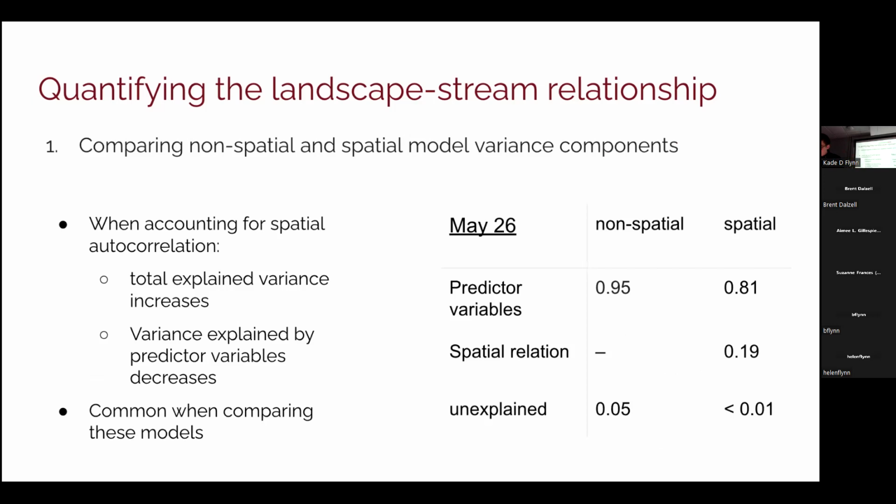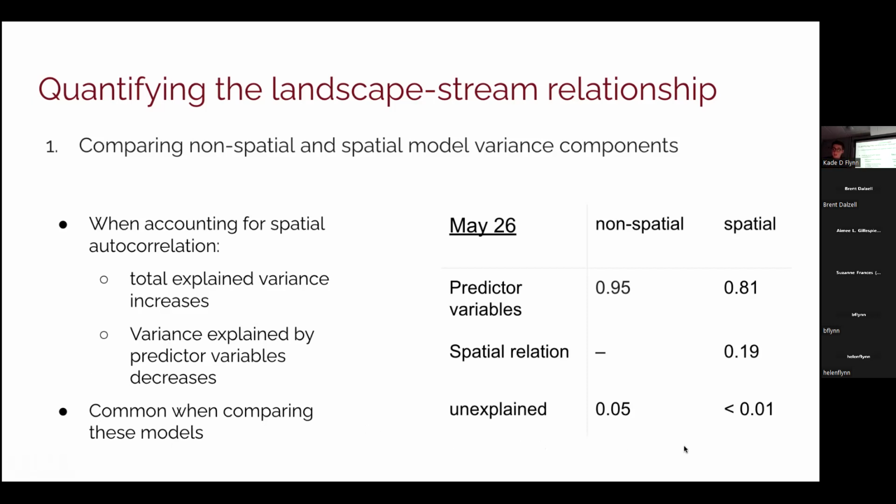So now with our depression intensity model, we can compare the performance of our non-spatial model and spatial model to determine the importance of accounting for the spatial autocorrelation when analyzing these data in this sort of framework. And this table is looking at one way we can do that, which is showing how the amount of variation in nitrate concentration is accounted for by different parameters of that model. So we have our predictor variables, distance to the watershed outlet and depression intensity, this spatial term, so the spatial relationship between points, and then this unexplained variance or random error.